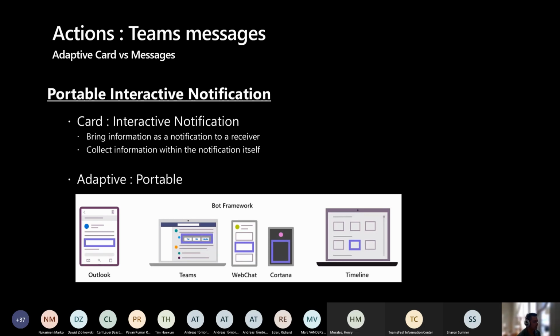And the word adaptive can be translated as portable, meaning that your adaptive card is going to be defined in JSON, and this JSON will be understood by several supports, such as Teams chats, such as Windows Timeline, for example, or such as Outlook. You actually already use adaptive cards